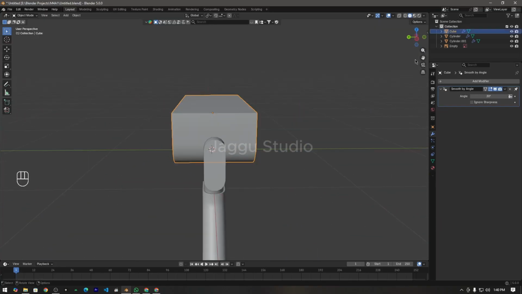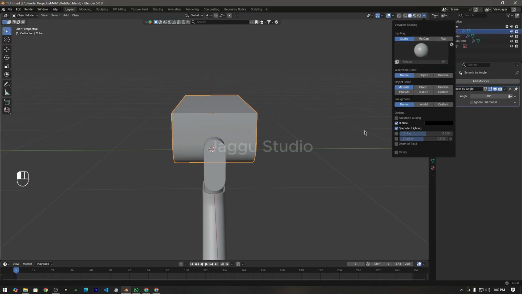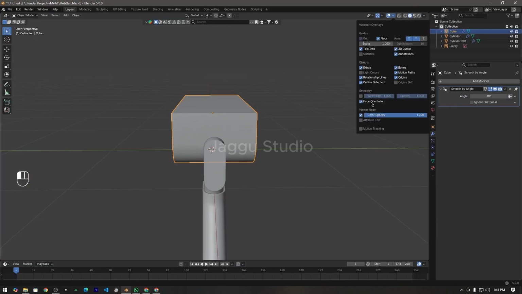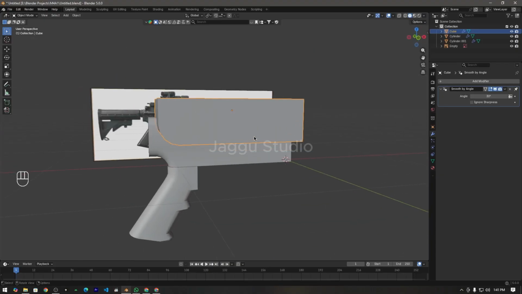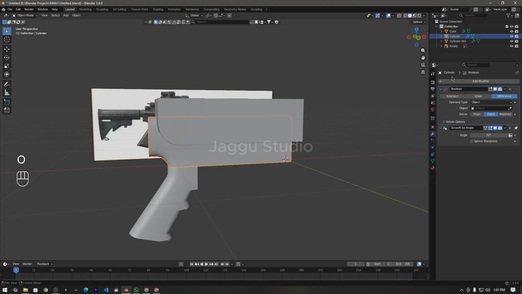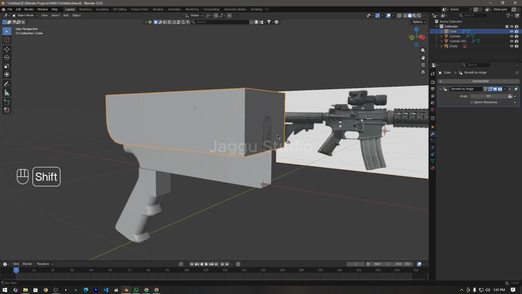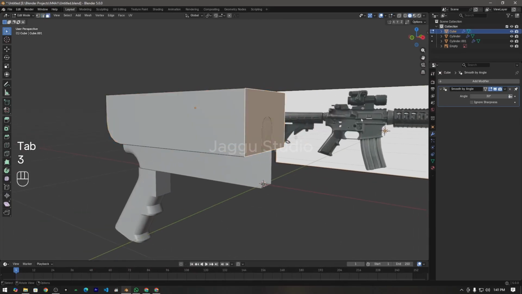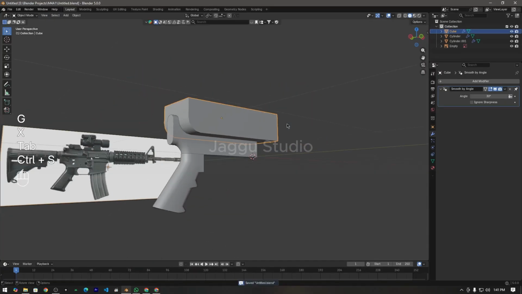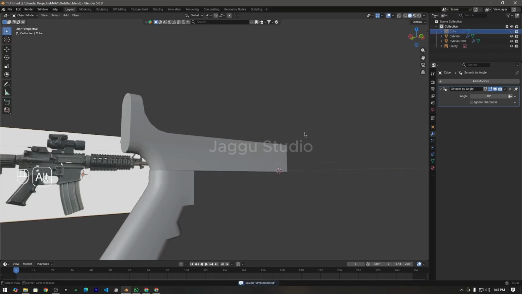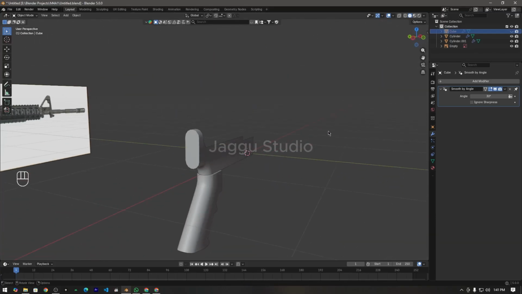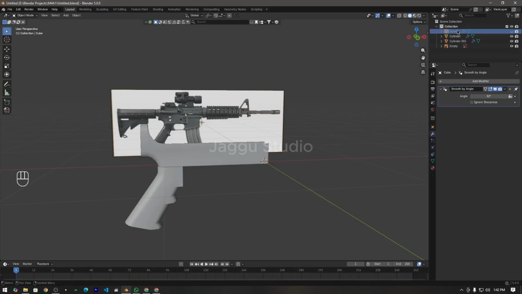And then we are going to use a Boolean modifier to cut it. Now I can disable face orientation, so select this object and make sure to apply the scale of this object. Then select this object, come here, add a Boolean modifier and select this object as a Boolean. And now if you guys are facing this issue as well, select this, G, X and place it here. And now if I hide this cube, you guys can see we have this shape. And I'm going to rename this cube to cutter for now,